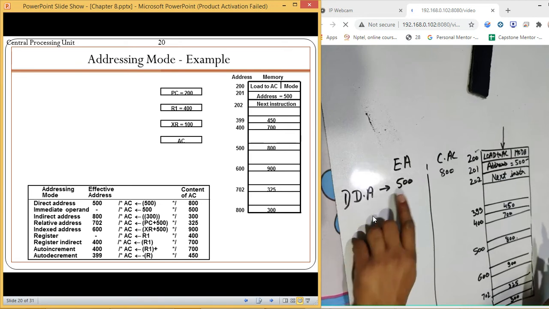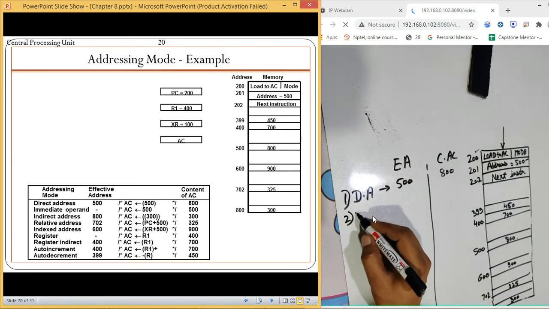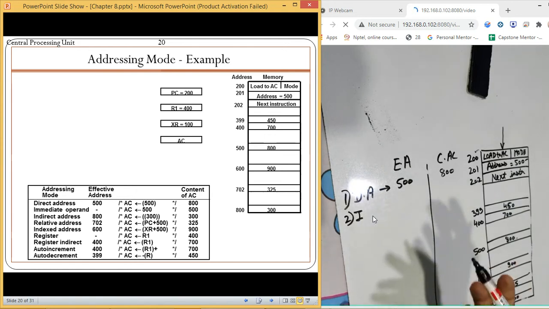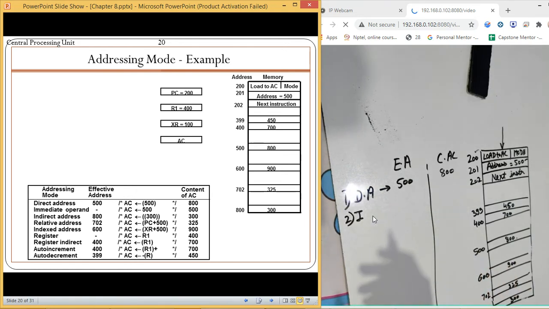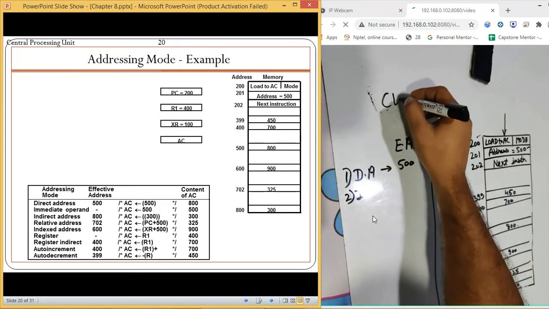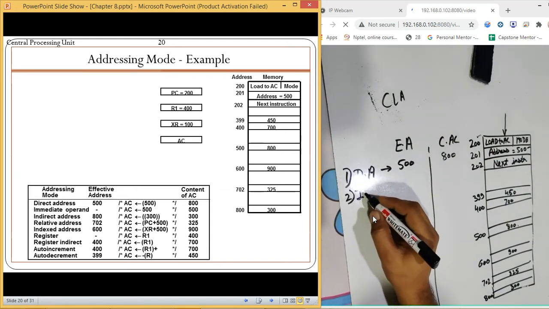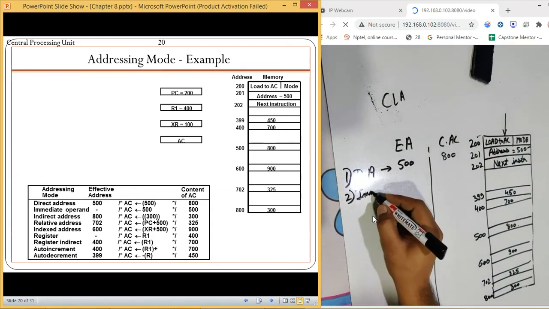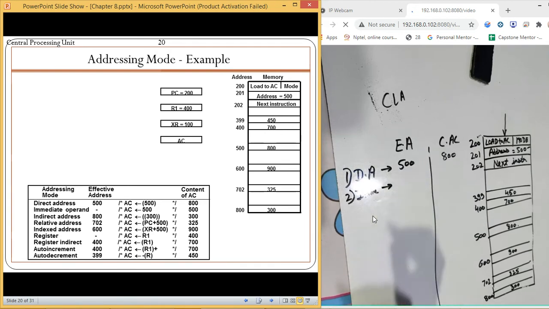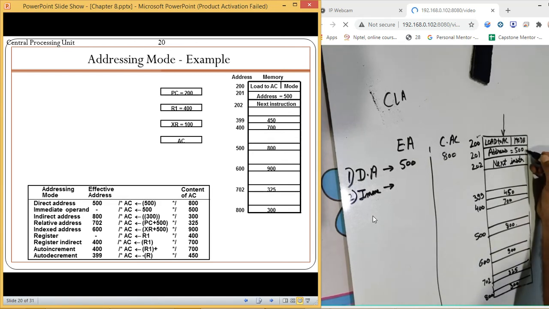Then if it is an implied mode, oh sorry, immediate mode, because in implied mode the name is directly given inside the instruction. The example of implied mode will be CLA, CME. We have discussed that. So in the case of immediate mode, this is no longer an address.